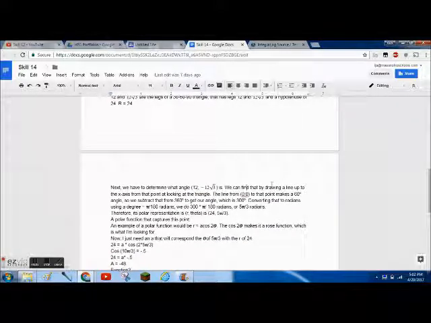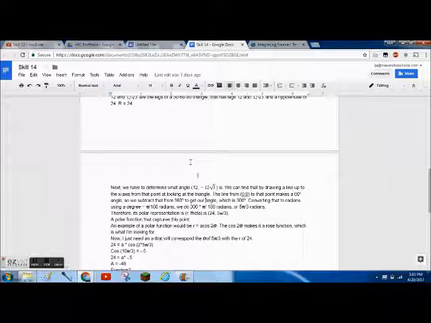What direction? We can find that by drawing a line up to the x-axis from that point and looking at the triangle. The line from 0, 0 to that point makes a 60-degree angle with the x-axis. So we subtract that from 360 to get our angle, because it's in the fourth quadrant. If you drew your line down like this, and this was a 60-degree angle, to get to here, this would